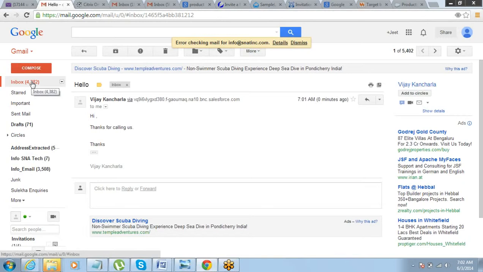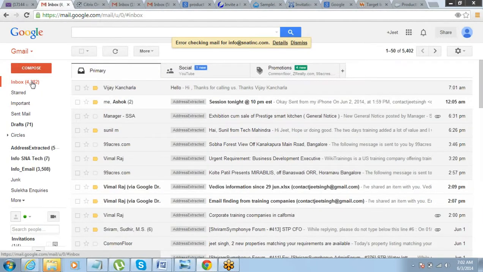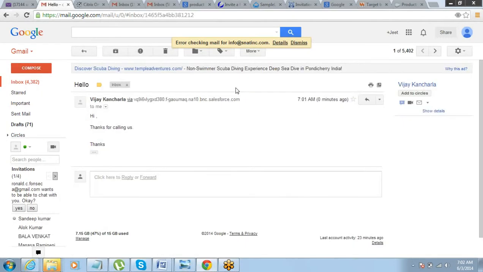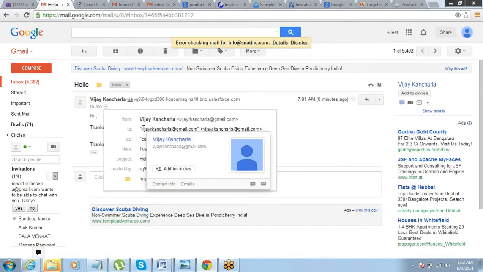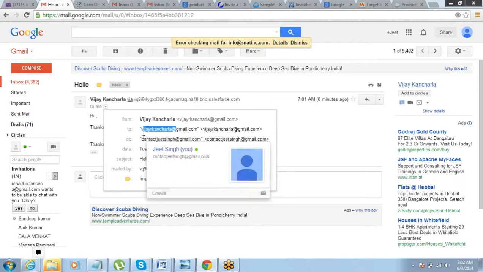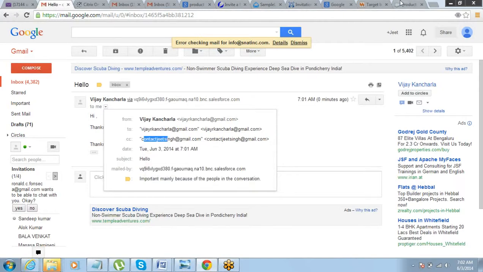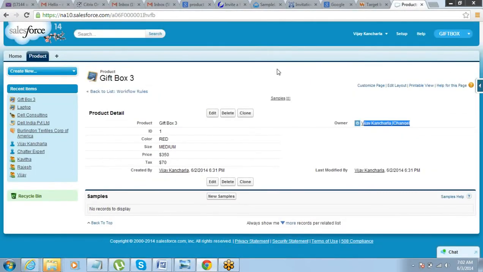So why did it send it to me? Because I put my email ID in the CC part. So it has copied me on that email. It has sent it to Vijay and it has kept me CC on this automated email. Got that? It's a very useful feature in Salesforce, which you can use for automating a lot of stuff.